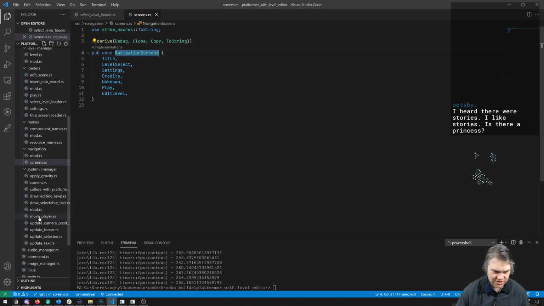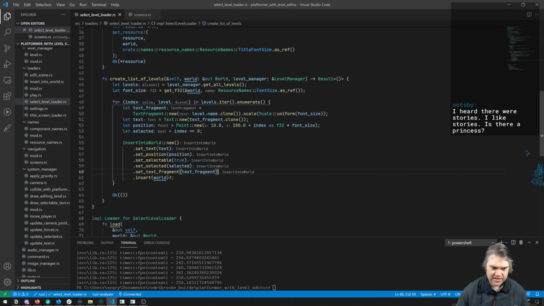Now going to navigation screens here. Okay, so in select level loader, one of the things we can do is store navigate to, or store some kind of other information. Or every time we select up and down,